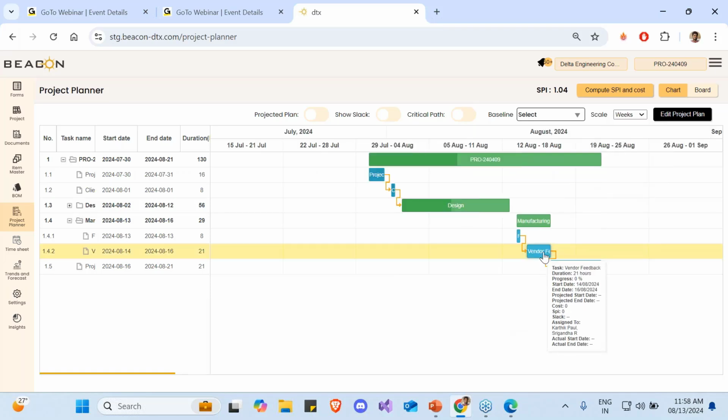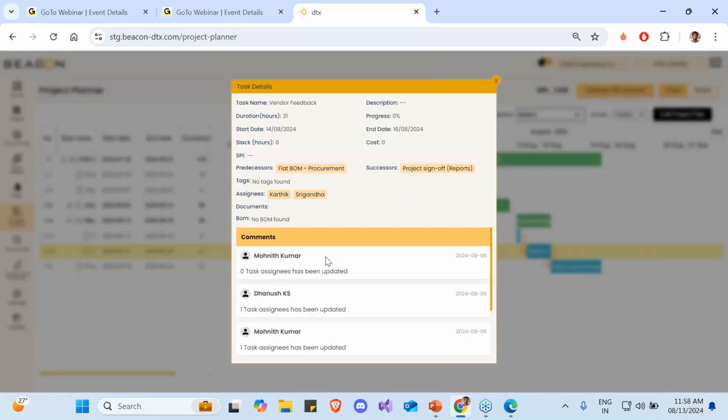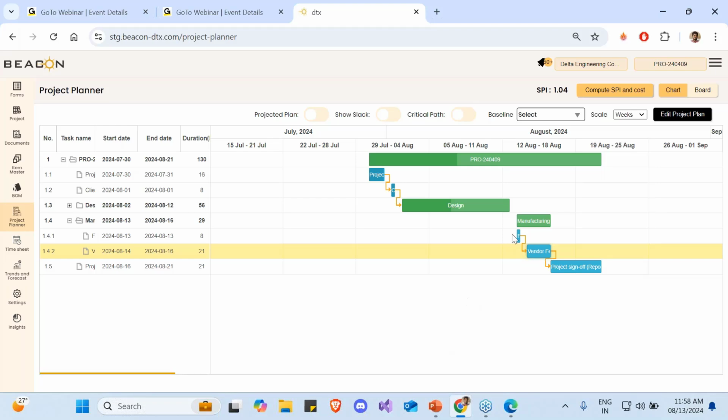This vendor feedback is one of the activities, and in this I have already assigned Karthik and Sriganda as the assignees. Karthik is part of my own team within Delta Engineering, whereas Sriganda is the external vendor who is working on this project. So Karthik is going to follow up on Sriganda to ensure that the project is on track. When a task is shared, the same thing happens.